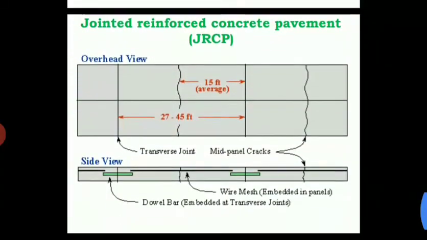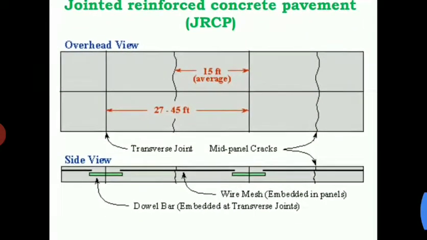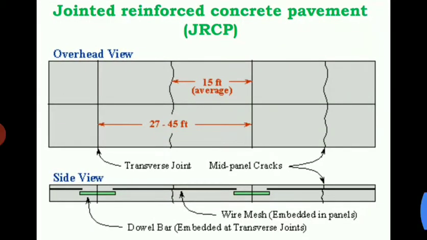Moving to the next type, that is jointed reinforced concrete pavement. Here in this jointed reinforced concrete pavement, you can see many reinforcements. In all the cases, the reinforcements do not improve the structural capacity significantly, but they can drastically increase the joint spacing to 10 to 30 meters.